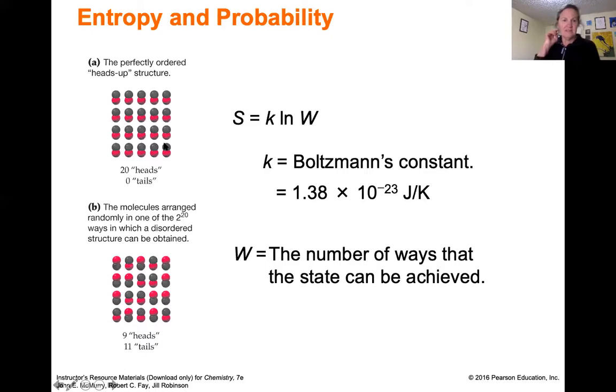And so this is showing you the same thing, that the weight is the number of ways a state can be achieved. So if you think about it with pennies, I think it helps you understand molecules. So in a molecule, when you think about heads or tails, you're thinking about its location, its energy, its vibrational energy, all of those things that molecules can differ on. So the weight is the probability. The higher probability of a state, the greater entropy.